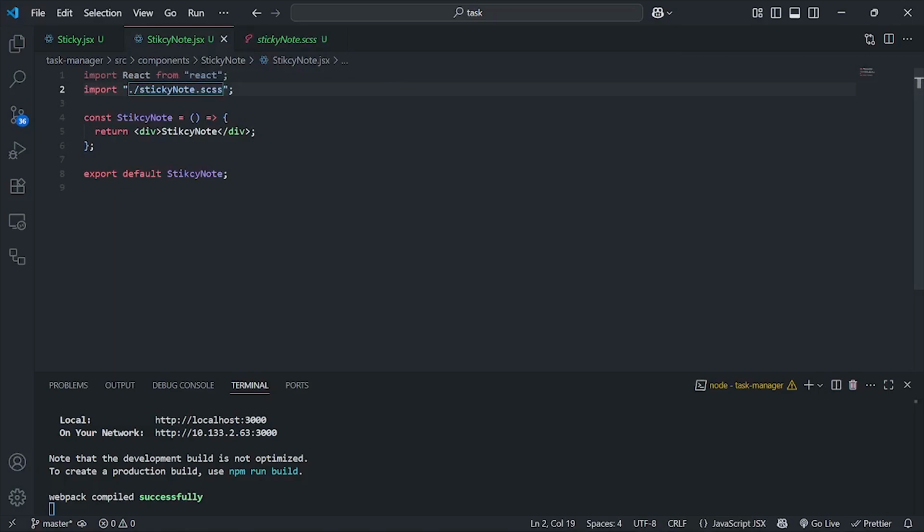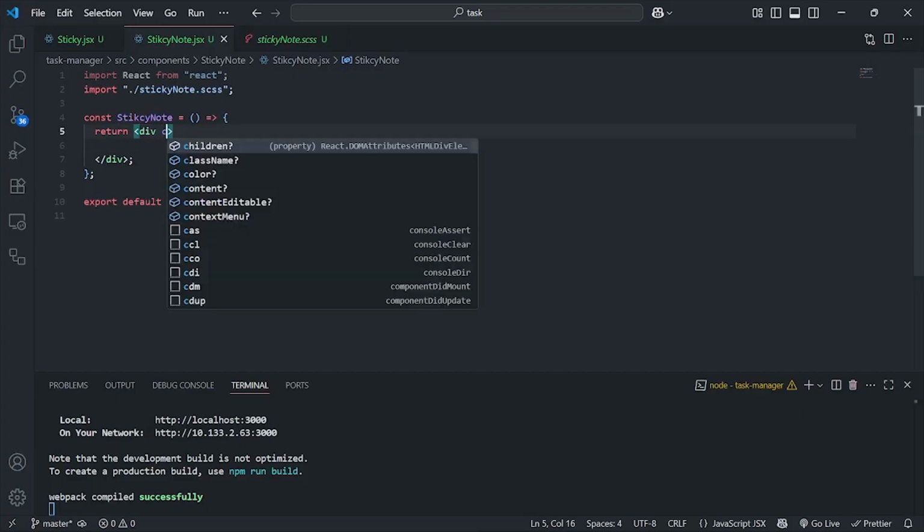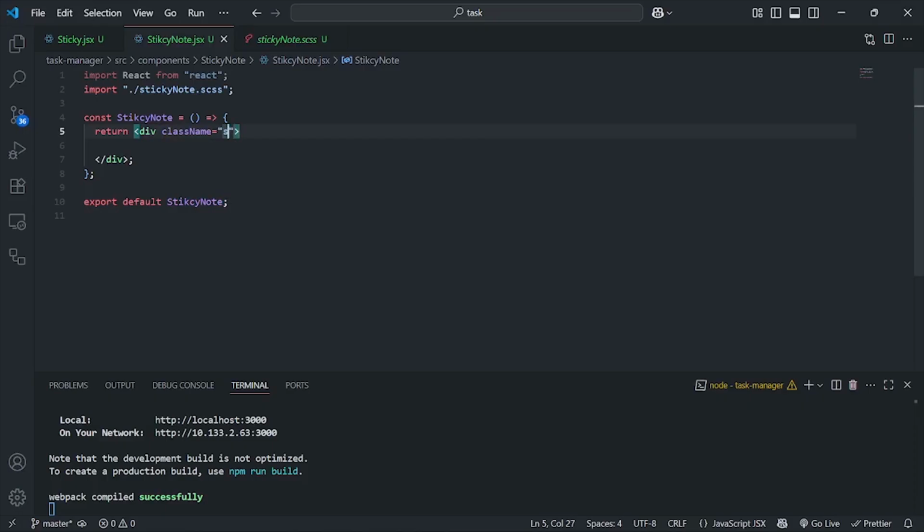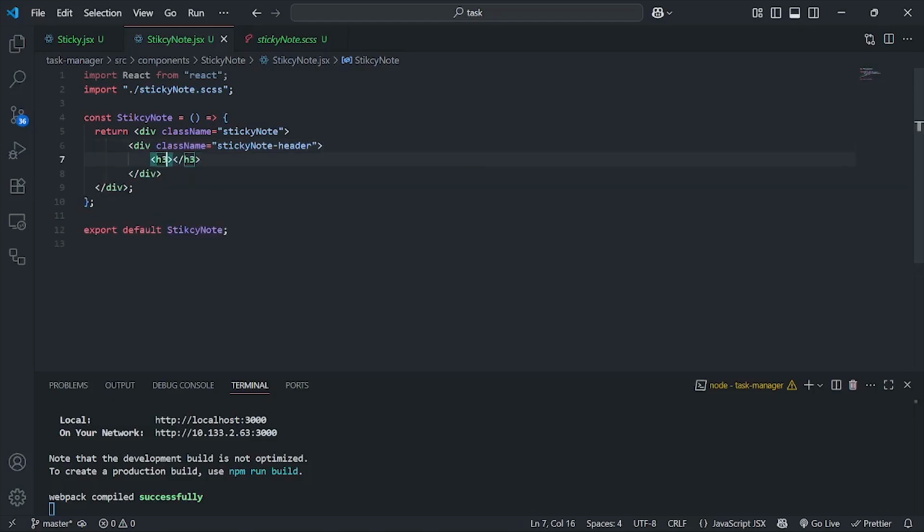So in my sticky notes, in the same way here, I'm going to remove this. So here, this div, I'm going to give it a class name. I'll call it sticky notes like this. Then after that, inside I'll have another div. I'll call this div sticky notes header like that. And inside my sticky notes header, I'll have an h3 tag. Then this h3 tag, let's give it a class name. The class name is going to be sticky notes title,